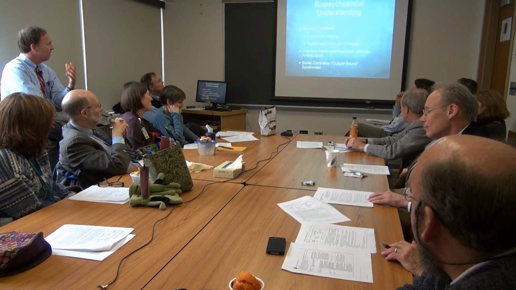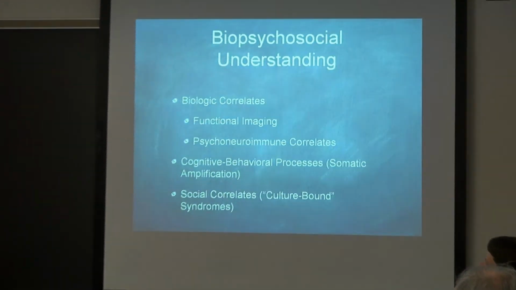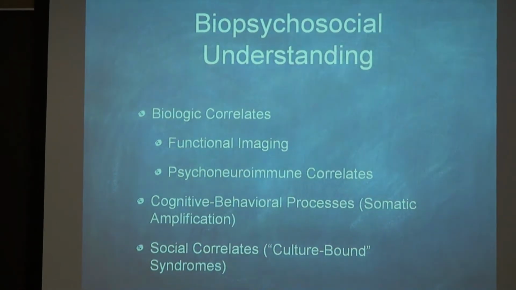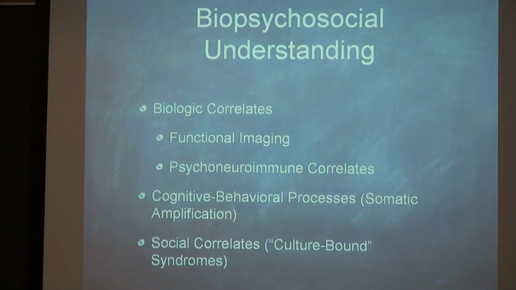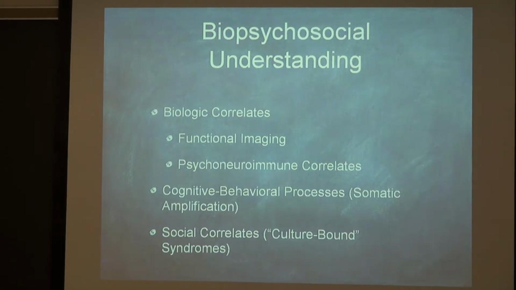So in terms of trying to reach a biopsychosocial understanding of somatoform disorders, there are some biologic correlates. There is some functional imaging. I quoted one study, not of patients diagnosed with somatoform disorder, but of people that had high pain thresholds and low pain thresholds, and there are some differences in the regions of their brain that light up. There may be some neuroimmune correlates in terms of interleukins and neurotrophic factors, inflammatory processes that get set up that are then able to perpetuate themselves, leading to chronic aches